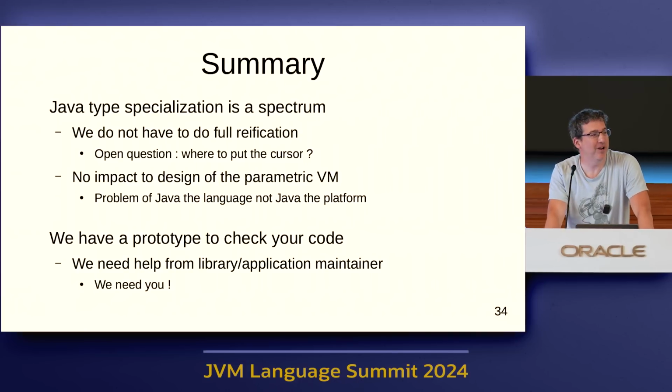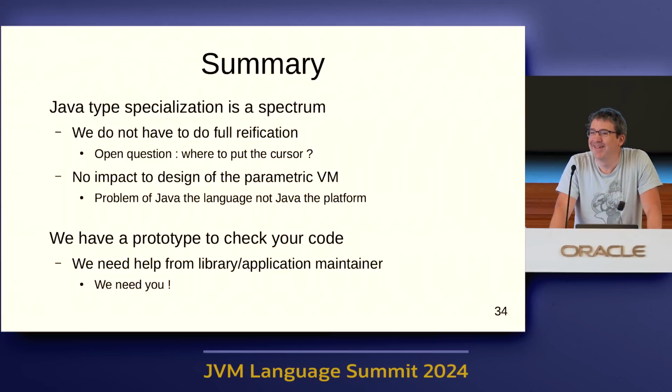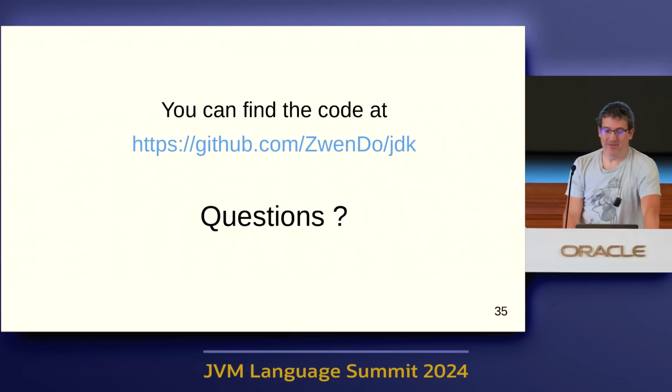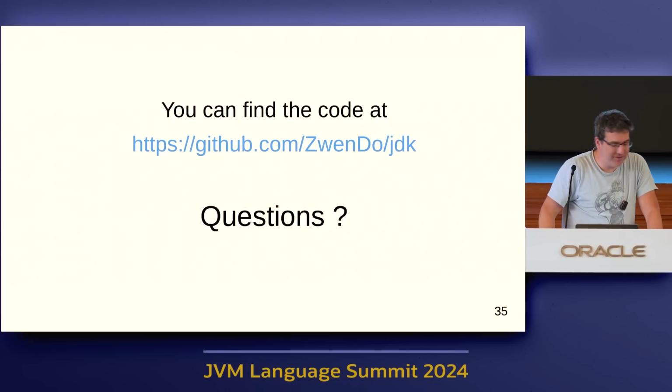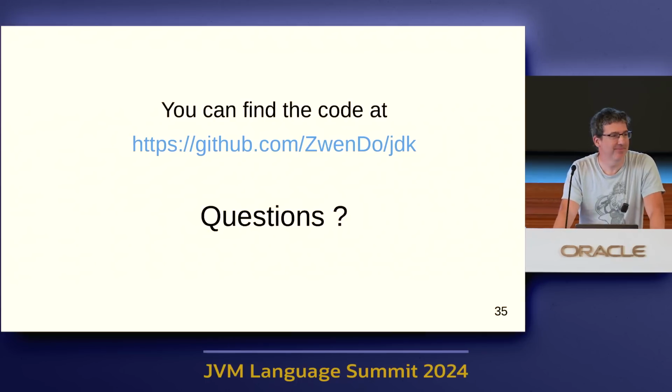If you have a library and you want to run Diego on it, we hope that we don't have false positives, but we cannot guarantee this. So we need you. The code is available at this GitHub repository. Now, if you have any question,